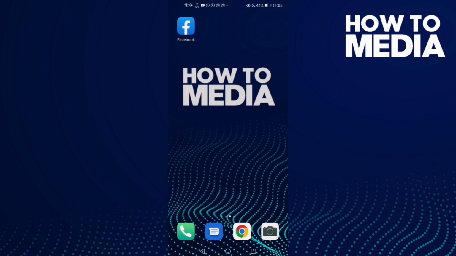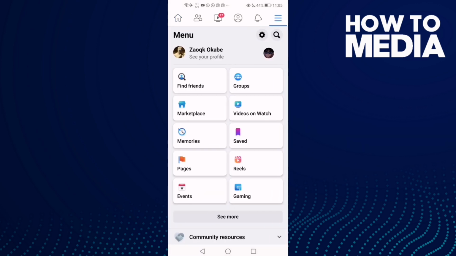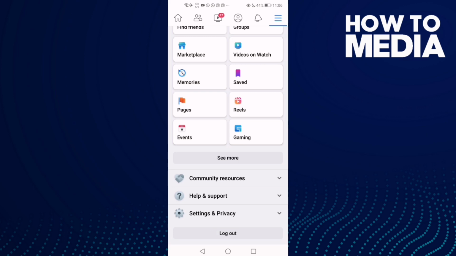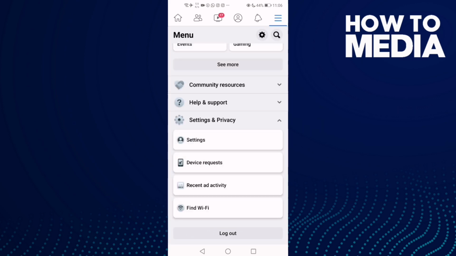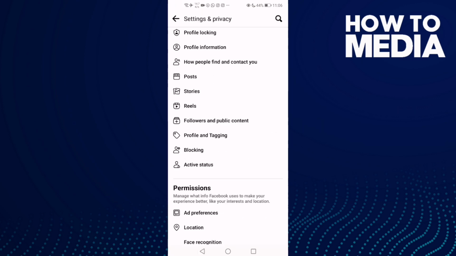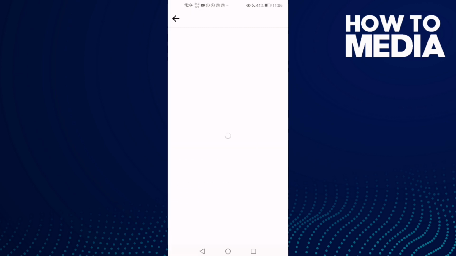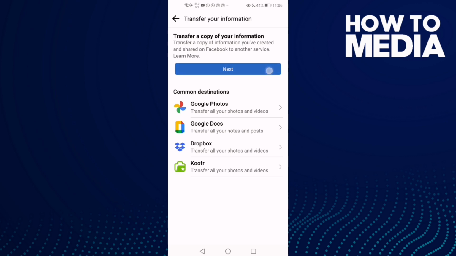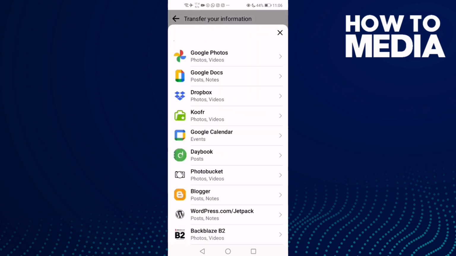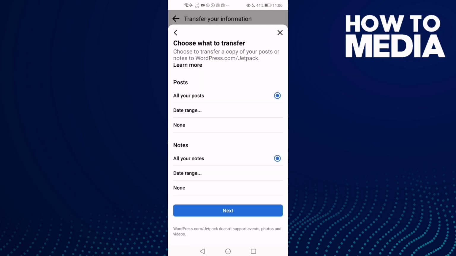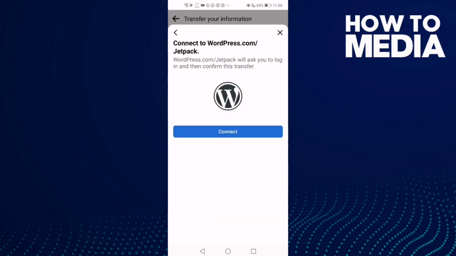First thing, go to Facebook and now just click these three lines here and go down, click settings and privacy and then settings, and now just go down until you find transfer a copy of your information and then click next, and here just click WordPress and go to posts and click none if you want to transfer only your notes, and now click next and then just connect your Facebook with WordPress,